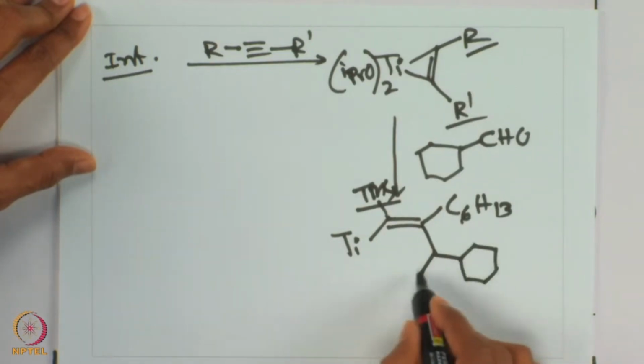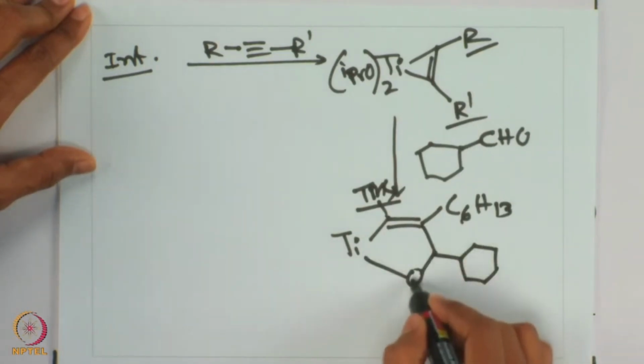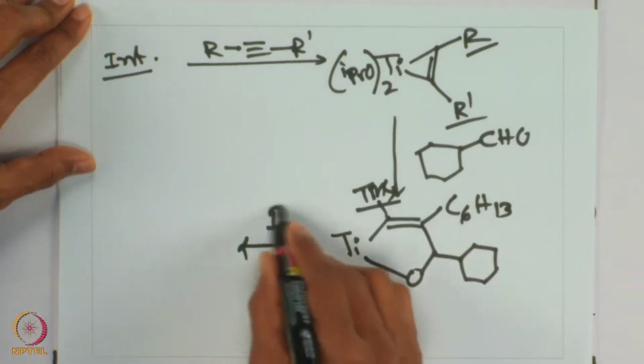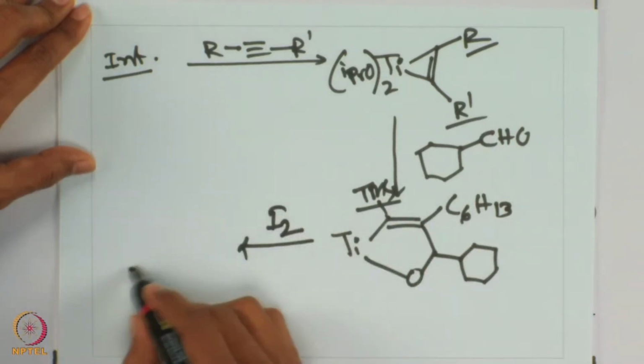Of course, cyclohexyl we can get, and cyclohexyl overall is giving a 5 membered intermediate from which iodine can react to give the